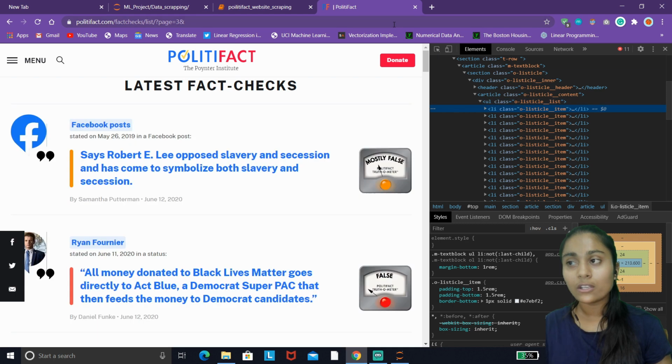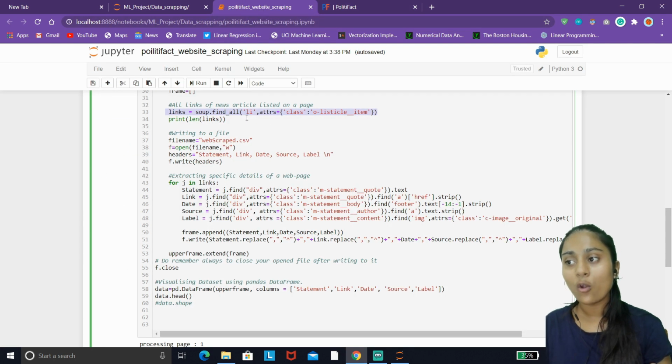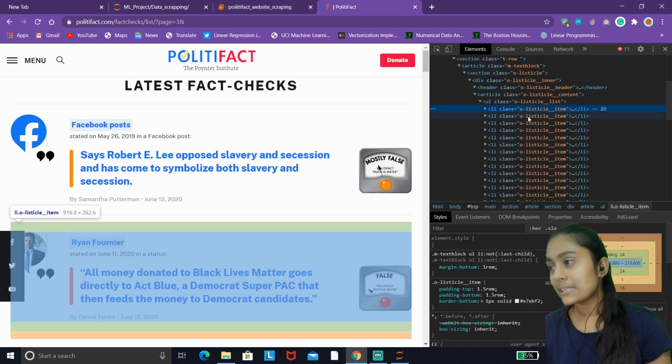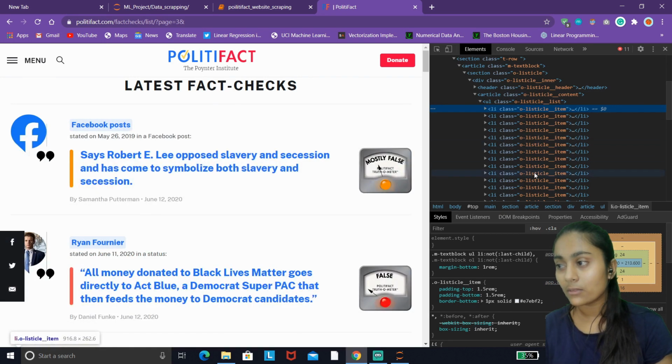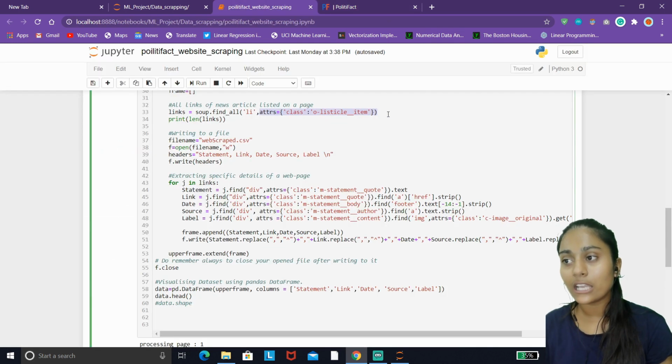So what we have to do is find all li tags that share similar properties, that share similar attributes as I specified here, because as you can see, the class attribute for each and every news article is the same. So that's what I have written here.